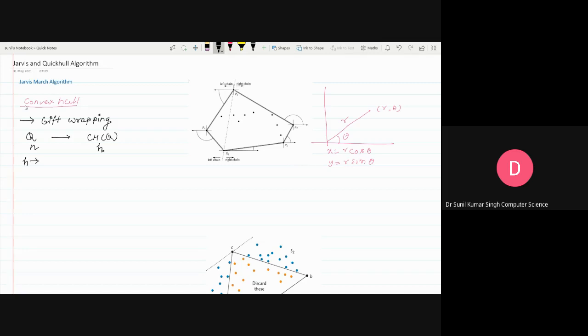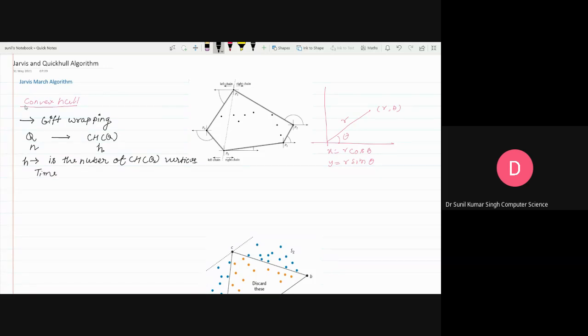H is the number of CH(Q) vertices. Now, if we look at the time complexity of this algorithm,